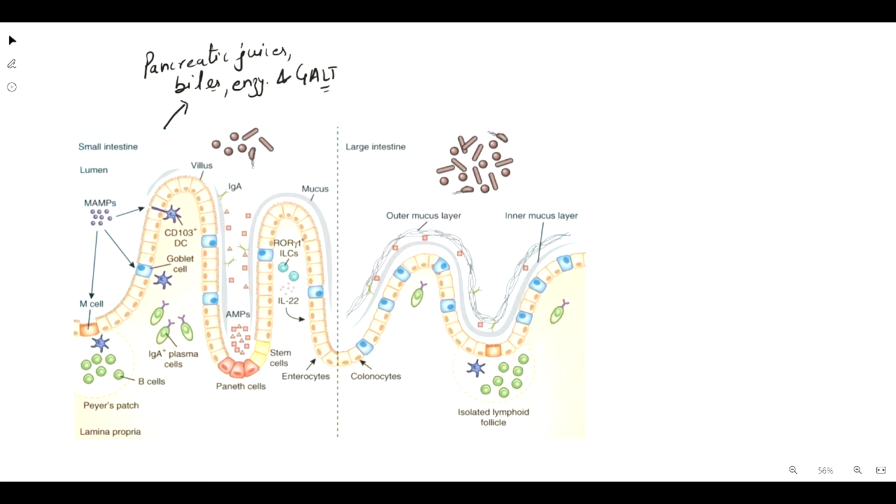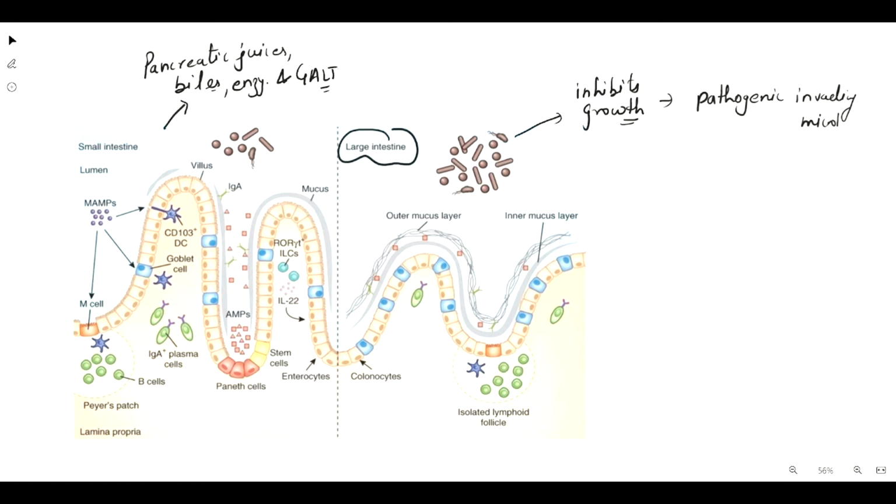But if we talk about the large intestine, in that case the normal or natural microbiota of the host is very important, because that actually inhibits the growth of pathogenic invading microbes,